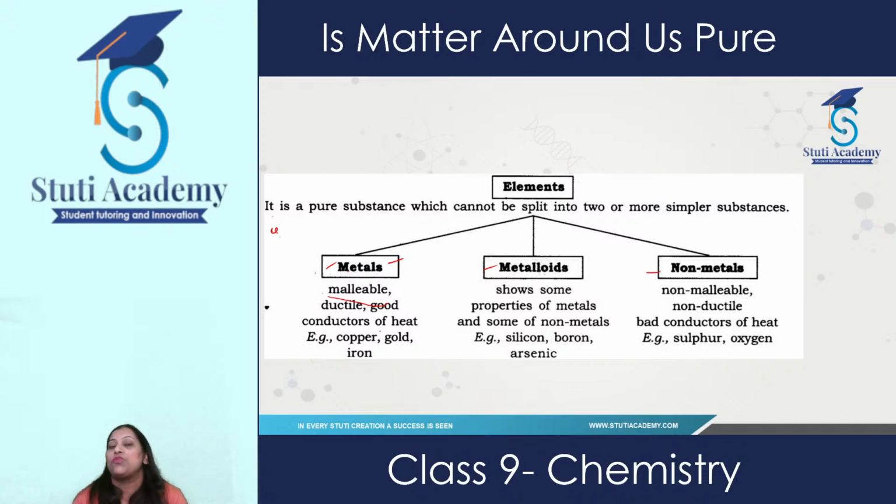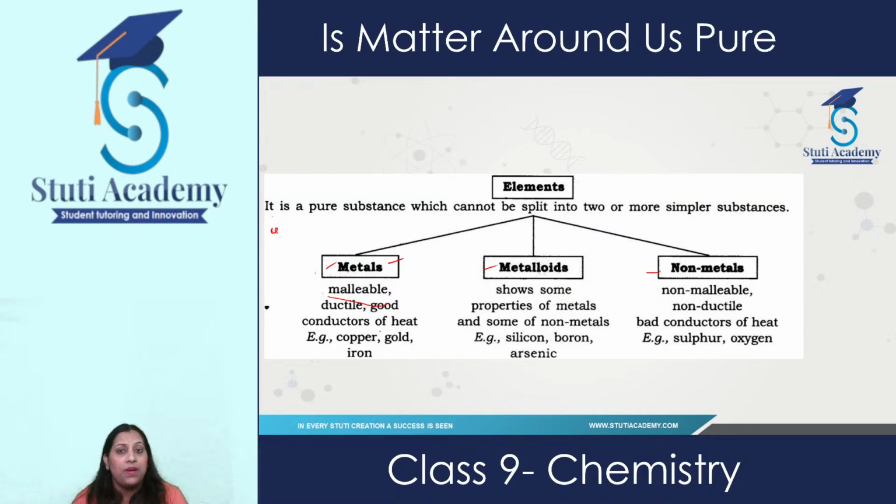Electrical wires which we are using in our house, they are made up of copper and aluminium. Although they have plastic covering over them, and that plastic covering is of different colors. It might be yellow, red, blue, green, black. And why do we use this covering over these wires? Because plastic is an insulator. It does not allow electricity to pass through them. And these copper, aluminium wires, they are good conductors of electricity. So to protect ourselves from any electric shock, we cover those wires with plastic covering, and color varies.